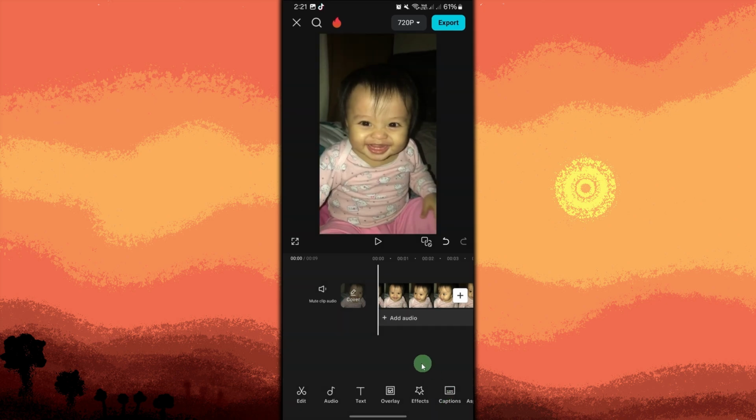Play the video to ensure the remaining portions are what you want. If you need to remove more parts of the video, you can repeat the split and delete steps. And when you're satisfied with the changes, just tap on the upward arrow in the top right corner to export your